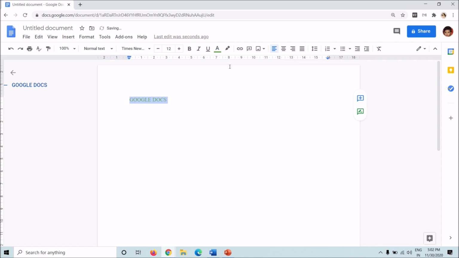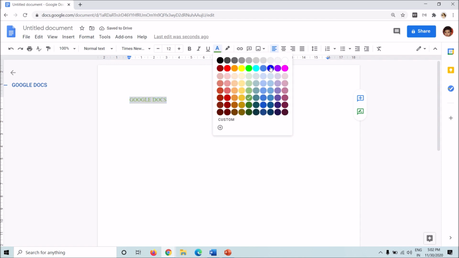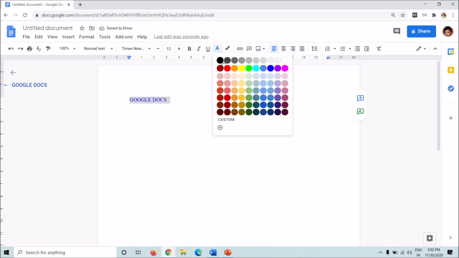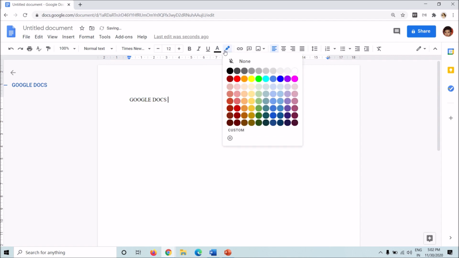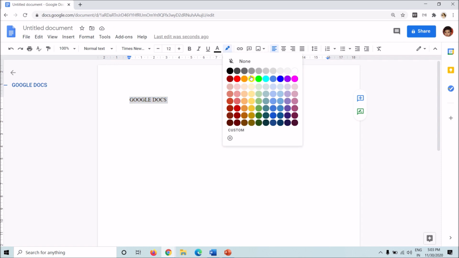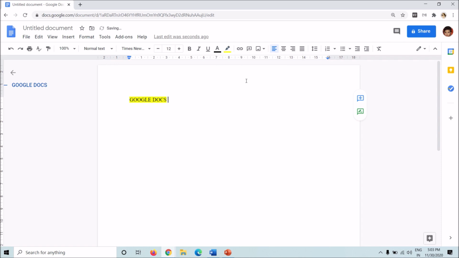You can change it to green, to blue, select it to blue, as you please. This is the highlighter. So you will select the text, click on the highlighter, and your text will be highlighted like this. You can use the highlighter to indicate specific portions of your text.